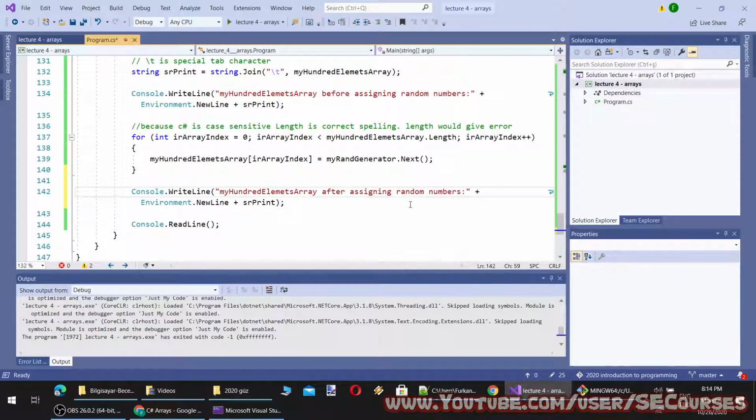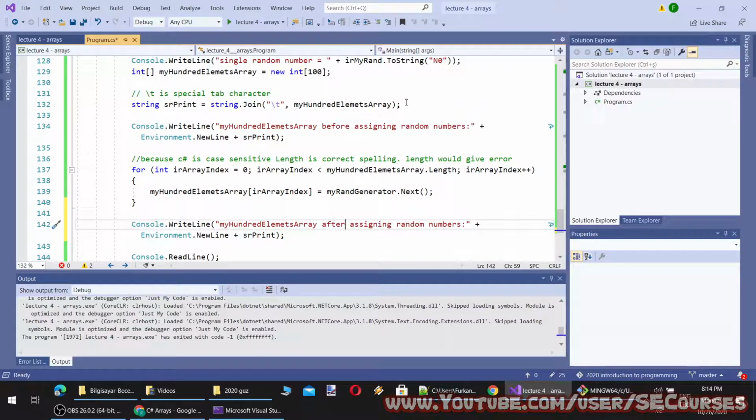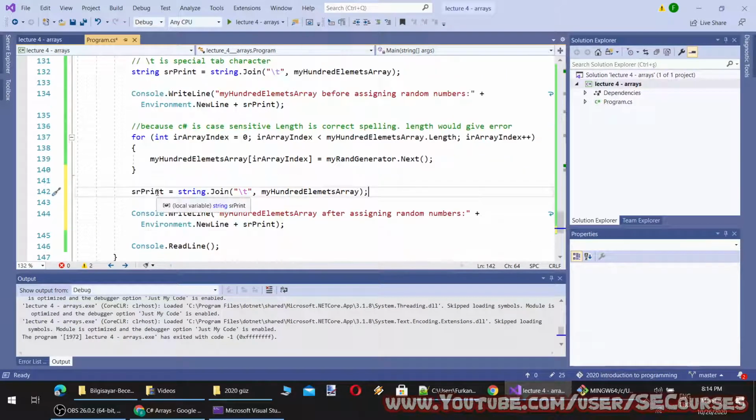After assigning random numbers, I have to compose the sPrint again. This will assign a new value to the sPrint variable, and it will override the previous value. The previous value will be lost forever.